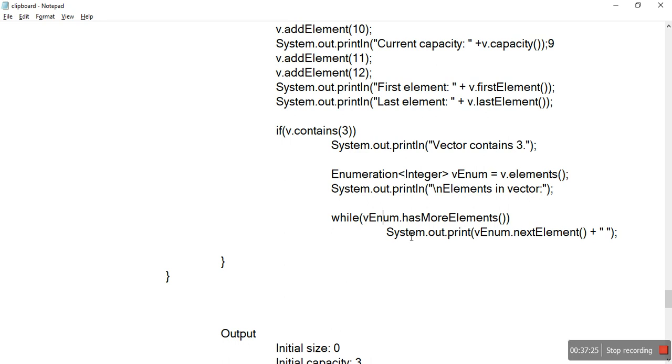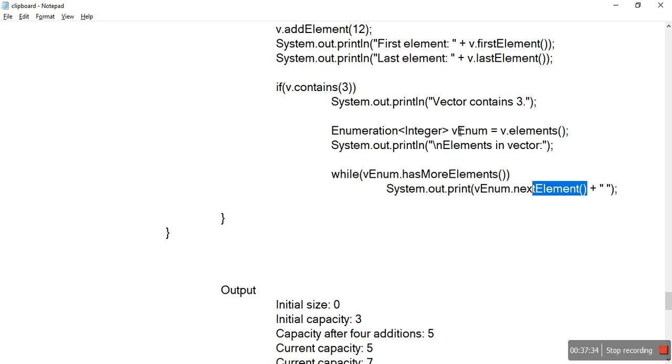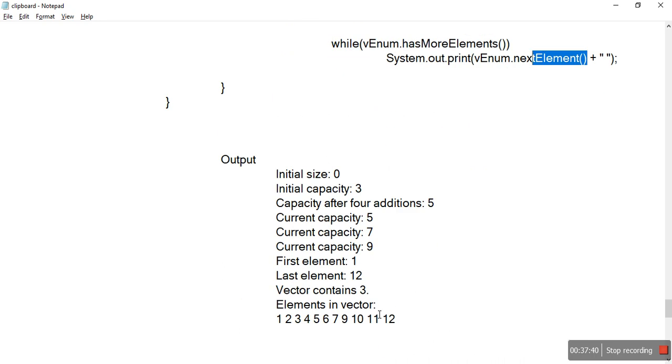Enum means a set of constants. The nextElement method prints the next element. Here we are popping the elements from the enum and printing them. The elements in the vector are 1 2 3 4 5 6 7 8 9 12.